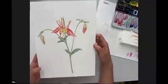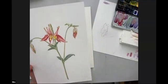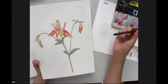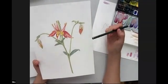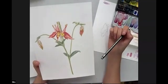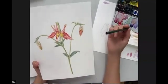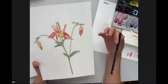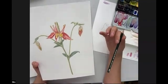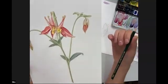I'll just say a couple of things about my approach to the painting before we start, because I imagine most of you still need a little time to finish the drawing. So this is just a different view of the same flower. What I'm going to be focusing on today is using a technique with a very dry brush, because this wildflower is so light and delicate that we really want to give this very delicate, light feeling by letting a lot of the white of the paper show through. So it's not pure white,